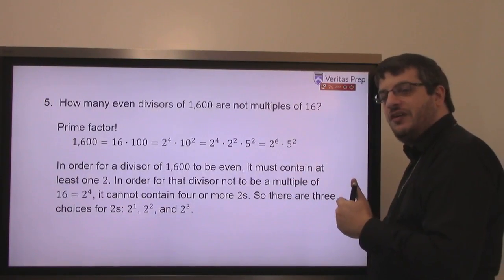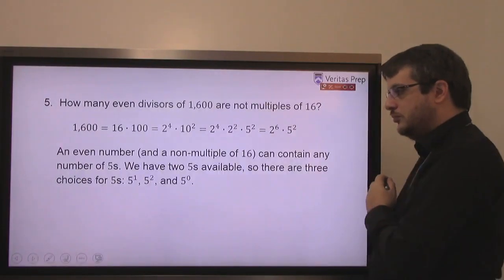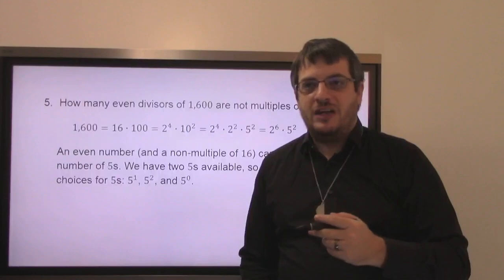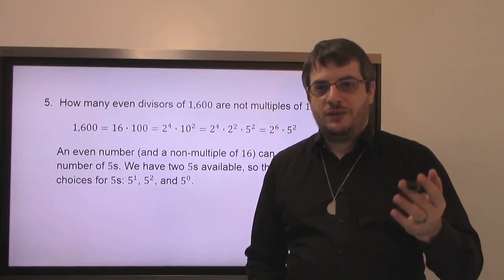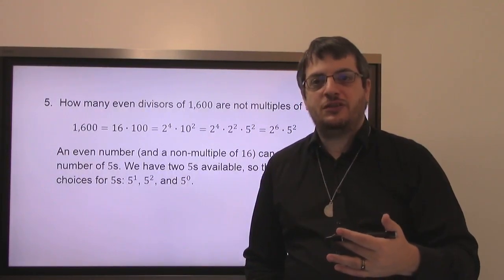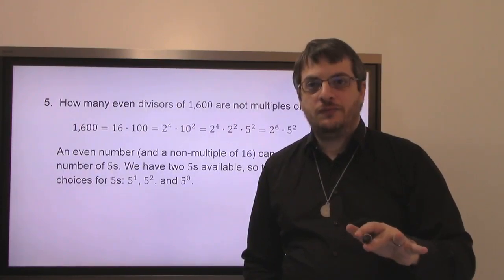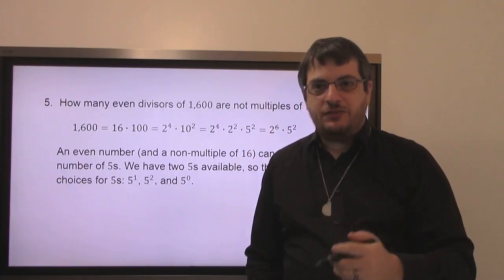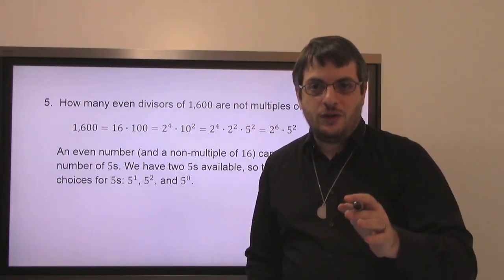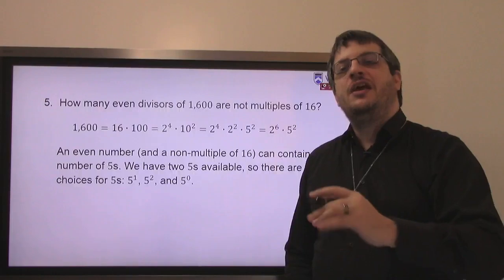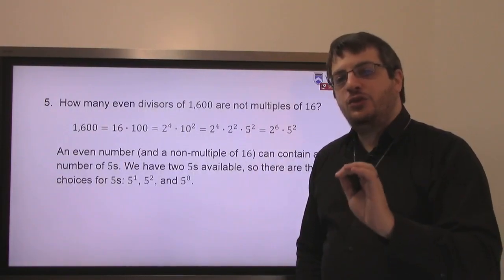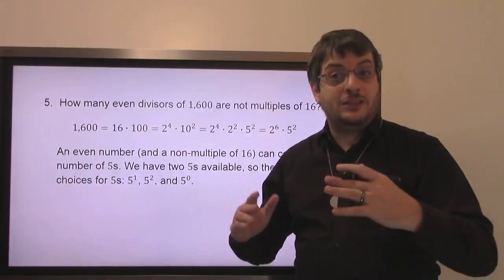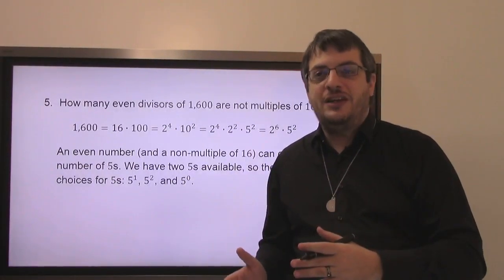And then I go looking at the 5s. But I can contain any number of 5s I want. Whether I'm a multiple of 5 has nothing to do with whether I'm even. Whether there's a 5 in the bag has nothing to do with whether I'm a multiple of 16 at all. So could I have a 5? Sure, of course I could have a 5. Could I have 2 5s? No problem. You want all the 5s, you take all the 5s. Could I have no 5s? You hate 5s? That's fine too. Don't forget you could take 0 of them. I mean, not for the 2s because they said even, but in general, you can take 0 of a factor.